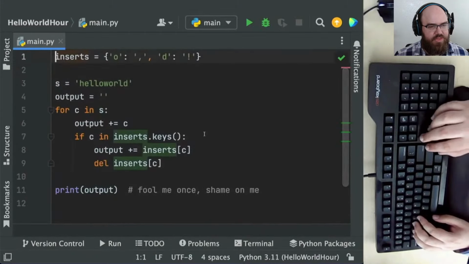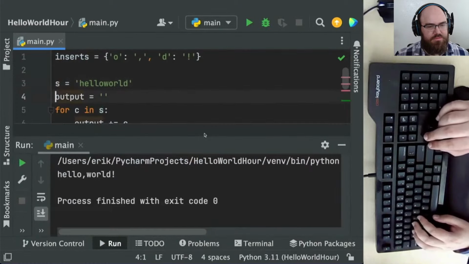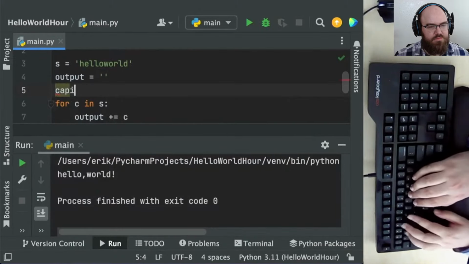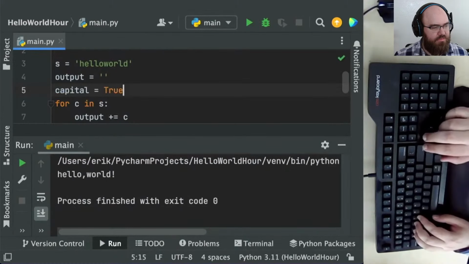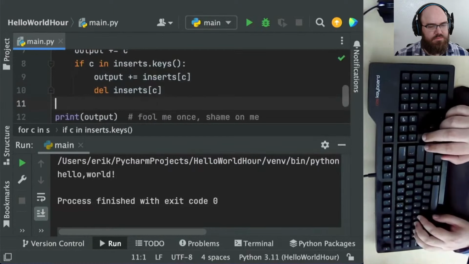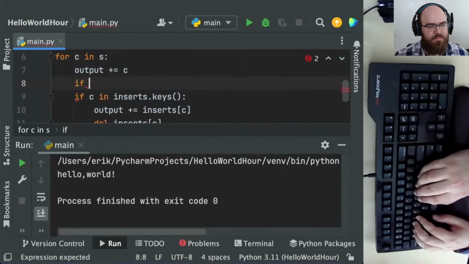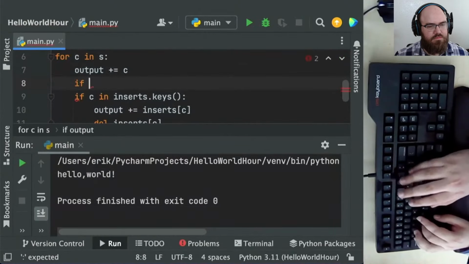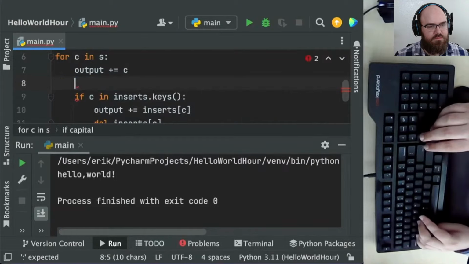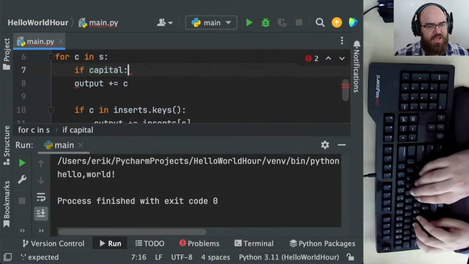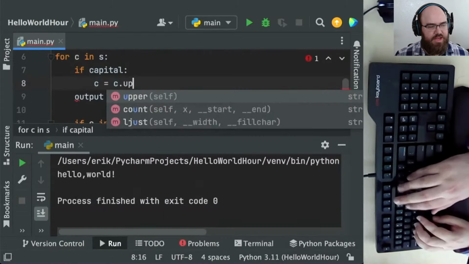Solaris, I hope you're having a good day over there. And now I'm wondering what to do next. What can we add? I think I decided I wanted to put the space back in. No, I guess I decided I wanted to make more capitals. Have to remember to apply the capital before adding the character to the output.